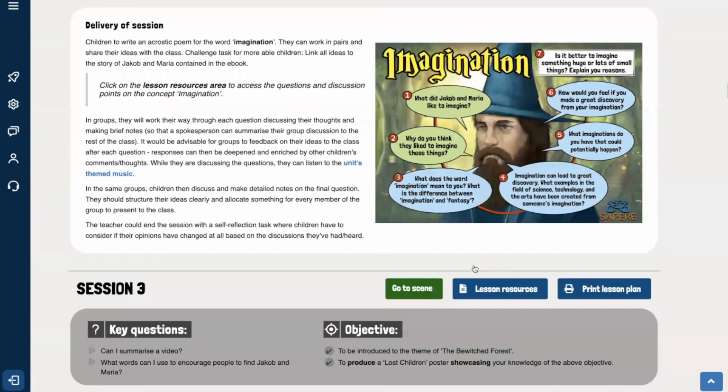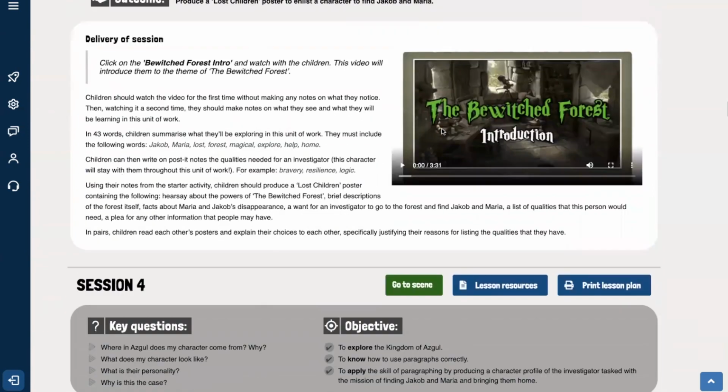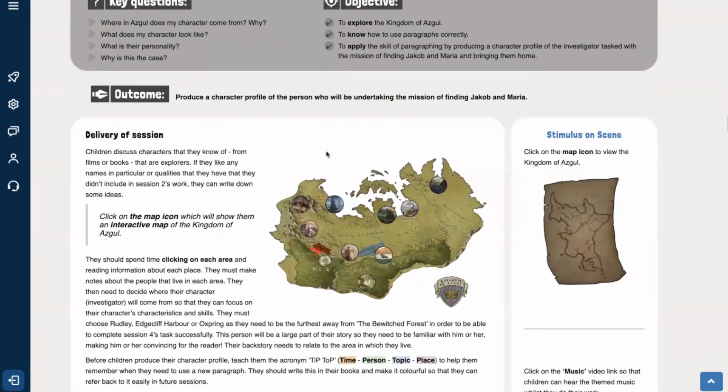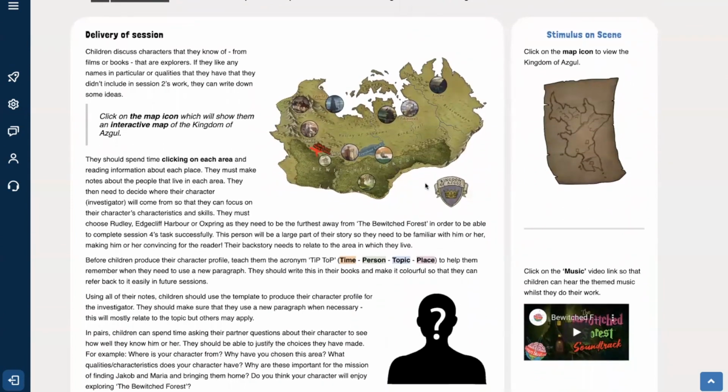When we come to session 3, they're going to produce a lost children poster to enlist a character to find Jacob and Maria. And then when we come to session 4, they're going to produce a character profile of the person who will be undertaking the mission of finding Jacob and Maria. So they're going to create this character, and we'll find out very shortly when I click on the scene,